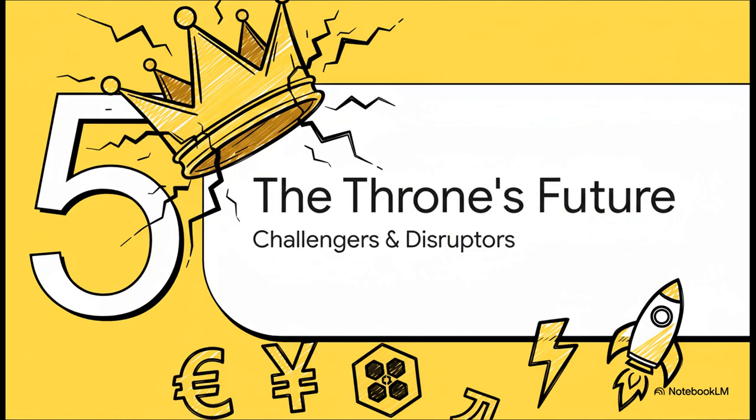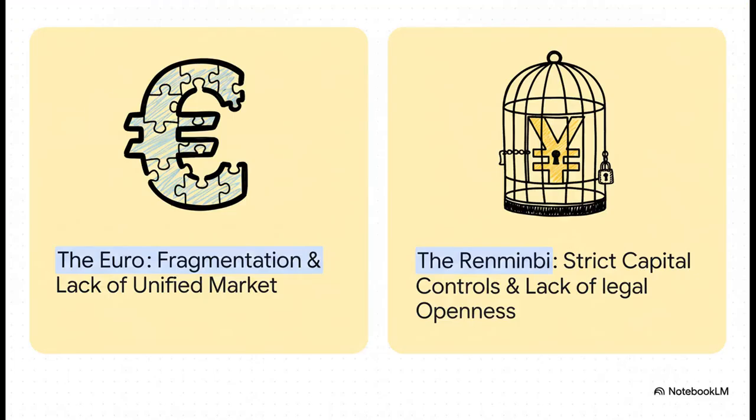The dollar's throne is, let's say, more contested than ever before. So let's take a look at the challengers and the disruptors who are aiming to end this long-running dynasty. The two main contenders you always hear about are the euro and China's renminbi. But, they both have some pretty critical flaws. The Eurozone doesn't have a single unified government bond market, that huge, safe asset that global investors crave. And the renminbi is held back by China's strict capital controls. You can't really be the world's currency if people can't move their money in and out freely. So for now, neither one is a true replacement for the dollar.